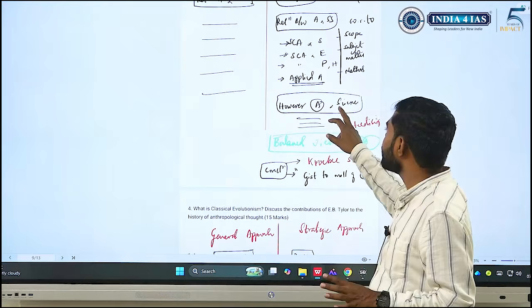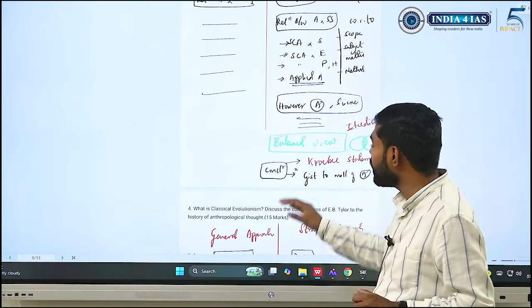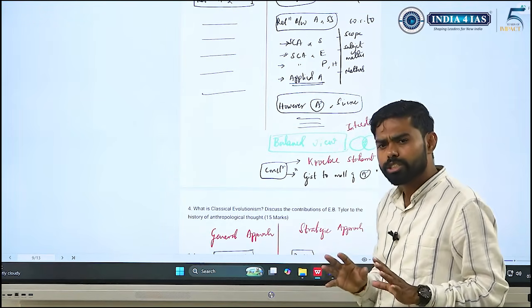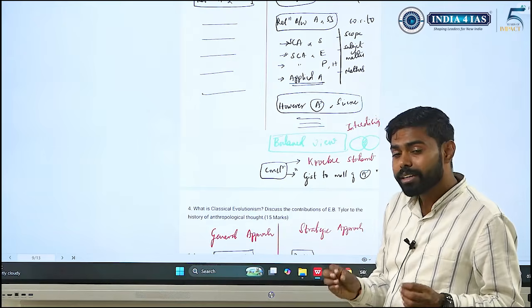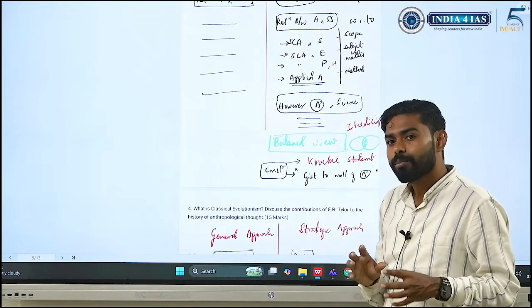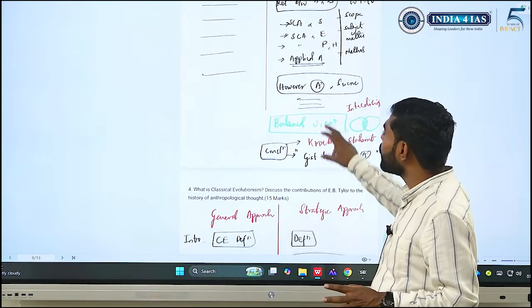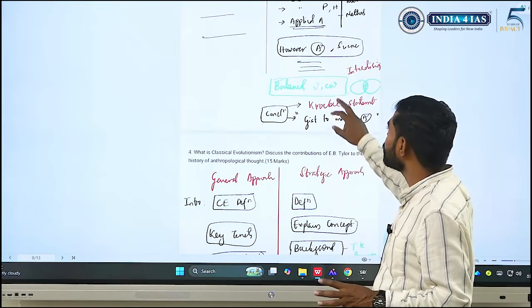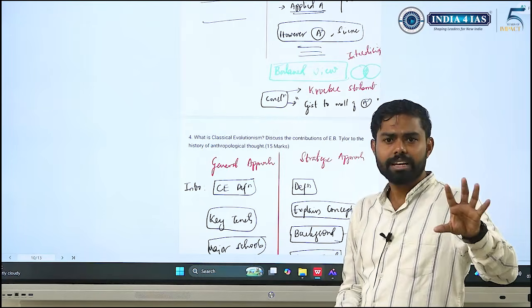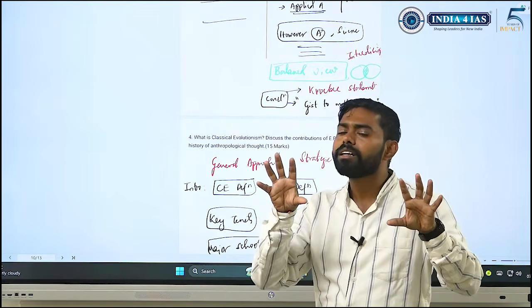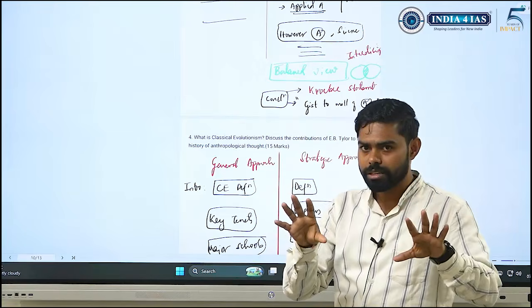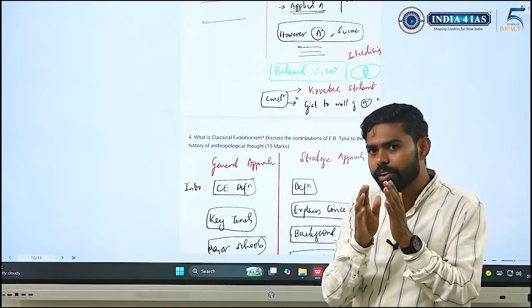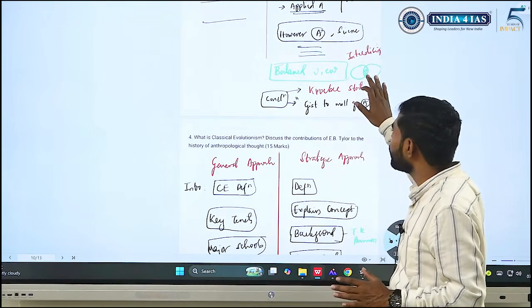However, anthropology and science are also close, so I'll write some brief about it. Anthropology is not totally social science. It is also close to, and has proximity to, natural sciences. So I am addressing that part, and then I am taking a balanced view. How balanced a view? It is neither a natural science nor a social science. It is somewhere in between. So that is how I try to use this diagram.